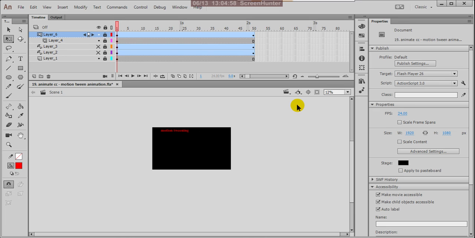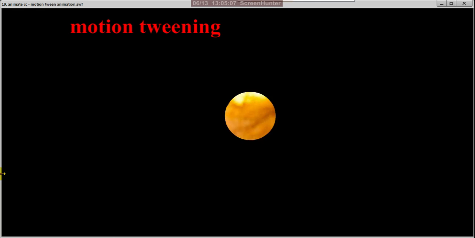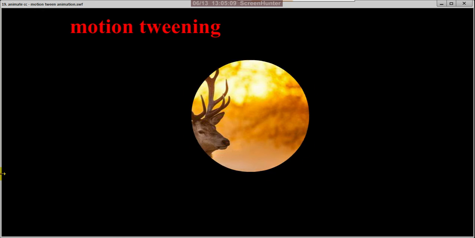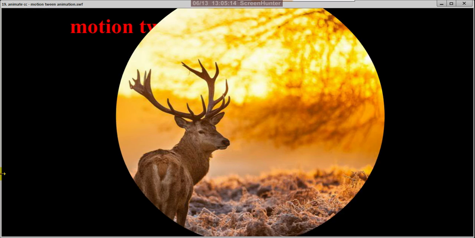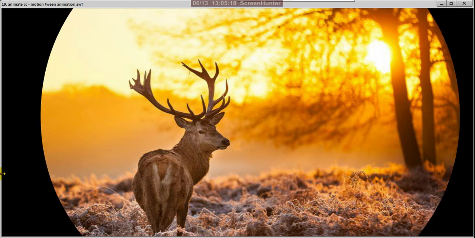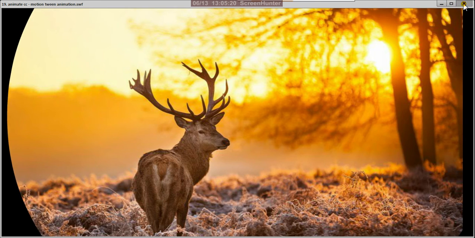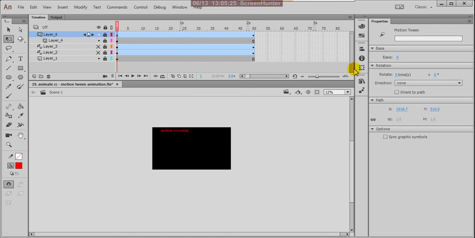Suppose Control Enter. See this? Excellent. So beautifully the morning sunrise is nicely opening. From that point to here. Suppose here you can use minus.